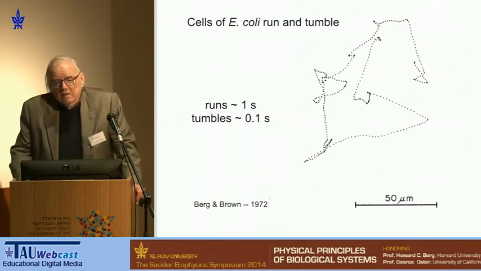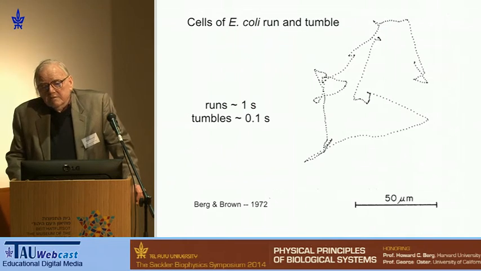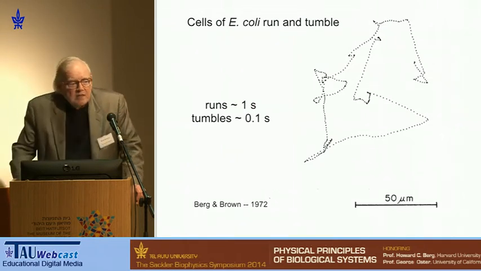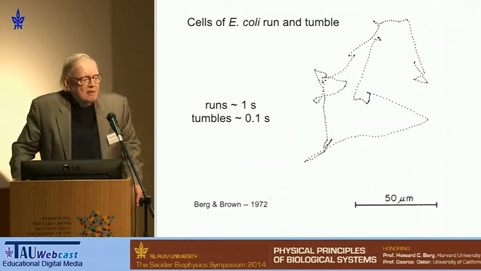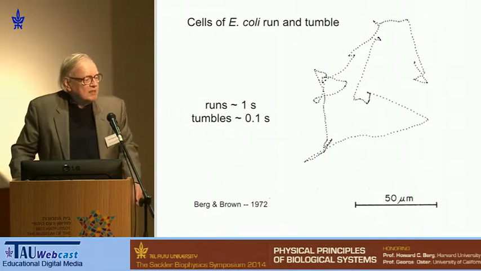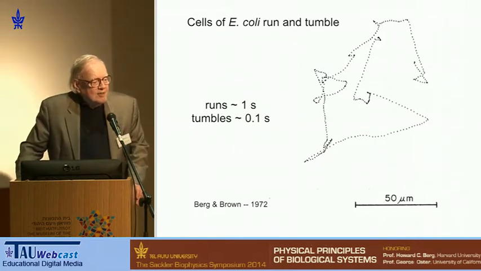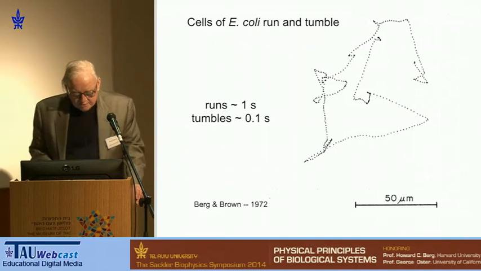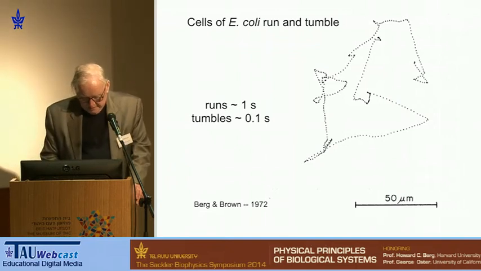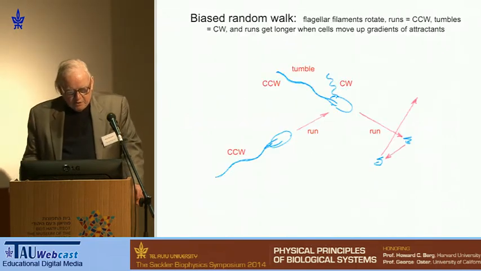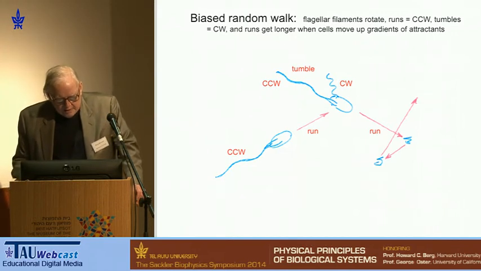So I like to say E. coli is an optimist. The philosophy of E. coli is if life is getting better, enjoy it more. If it's getting worse, don't worry about it, basically. It seems to me it's a very nice, sophisticated philosophy for such a simple organism. So it's a biased random walk, and then we discovered